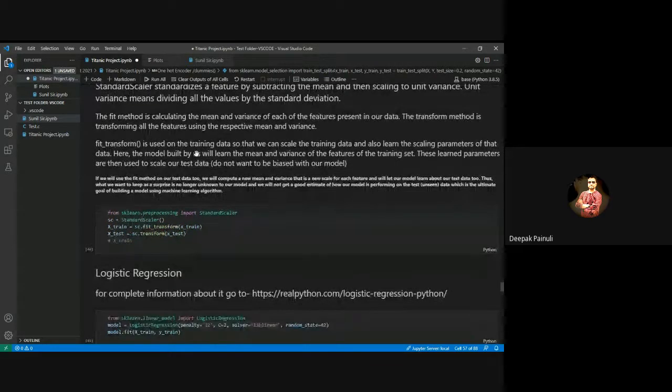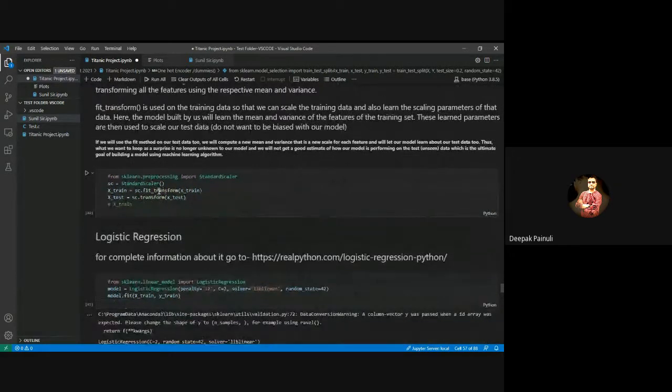But remember one thing, you need to use fit_transform only on the train set, not the test set, because you want that your model should not be biased, right? Fit calculates the mean and variance, and if you again calculate mean and variance on the test set, those will be different, so learning may be affected and biased.